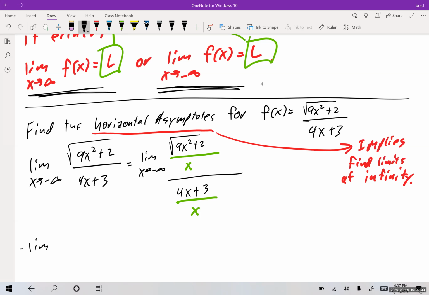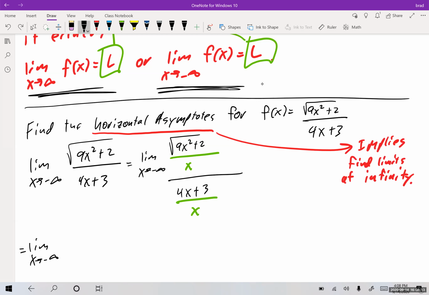So we have the limit as x approaches negative infinity. Now the problem is this is an x and this is a 9x squared inside of a radical, so I can't actually get inside there unless I do something different. How could I get this x to interact with this square root? I would like to be able to combine them under one radical. So in order to do that,